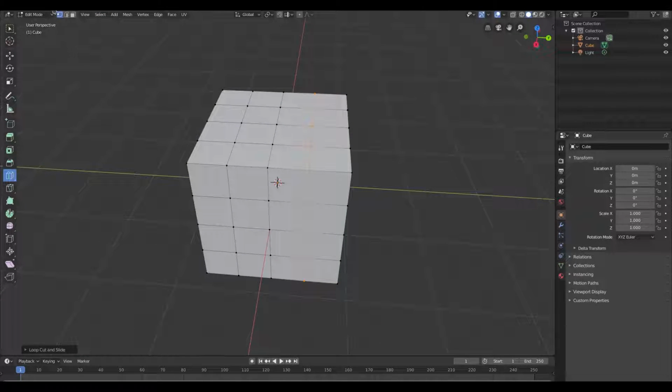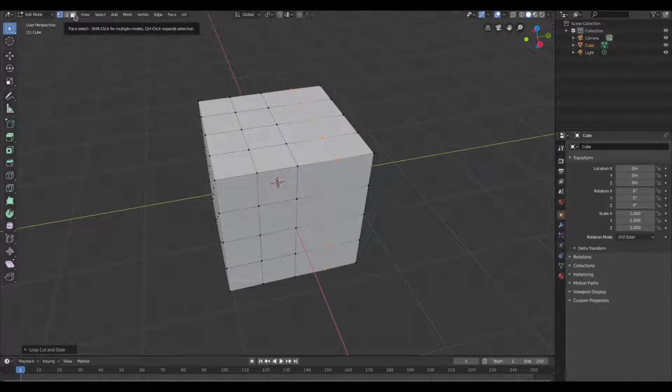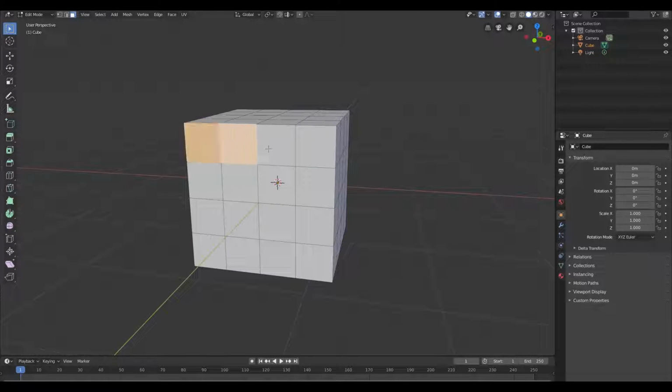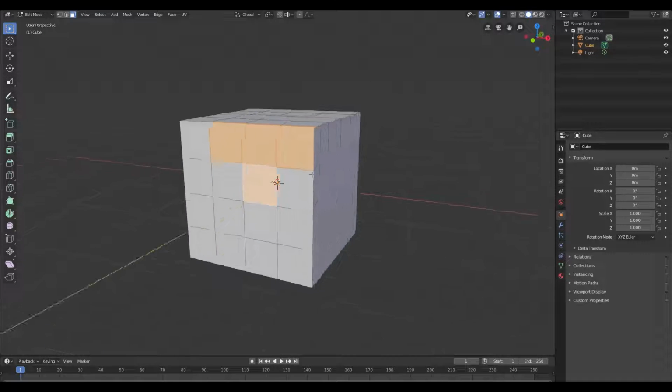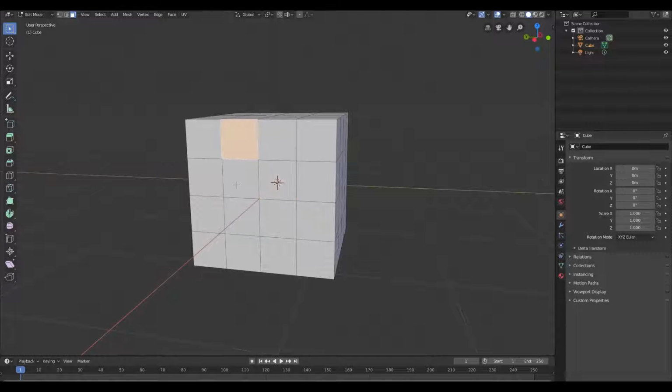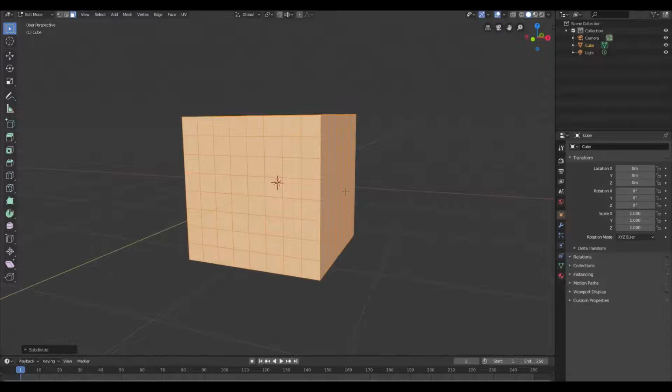Now, if I hit this select box, to go back to the select box, and go to face select mode, now we can individually select all of these faces. If I hold down shift, we can select more than one at the same time. Now, the way we can do this is if we were to select these faces by double tapping A to select everything, then right clicking and hitting subdivide, we can add in more of these quote unquote